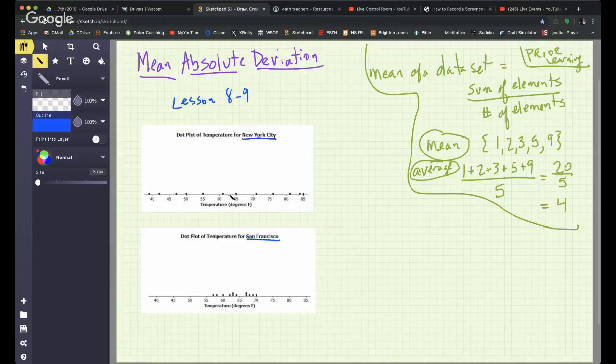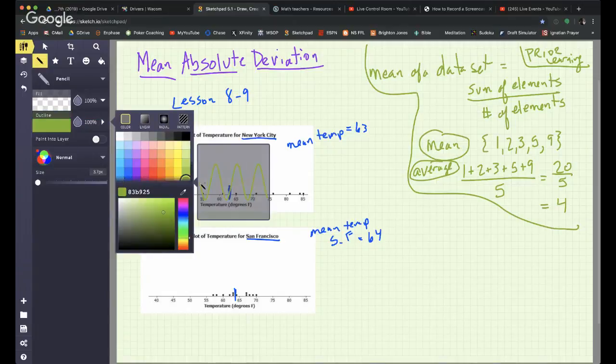The mean temperature was equal to 63 in New York, and the mean temperature in San Francisco was equal to 64. So the mean is almost the same,